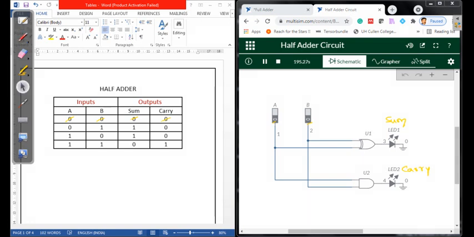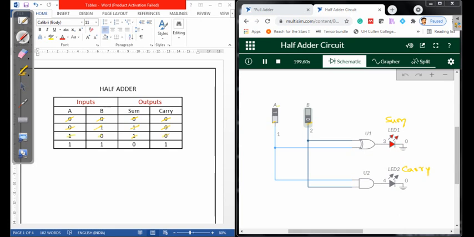The next combination, when input is 0 1, let us see. The input is 0 for A, and for B I'm just making it 1. When I do that, I can see sum is going to be 1 because the LED is on here. So that indicates that sum is 1 and the carry LED is off, so it is going to be 0. The next combination is 1 0. That means A I will make 1 and B I will make 0. If you just observe now, the sum has become 1 and carry has become 0. That means the sum LED is glowing, that is 1, and the carry LED is off, that is 0. That is for the 1 0 combination.